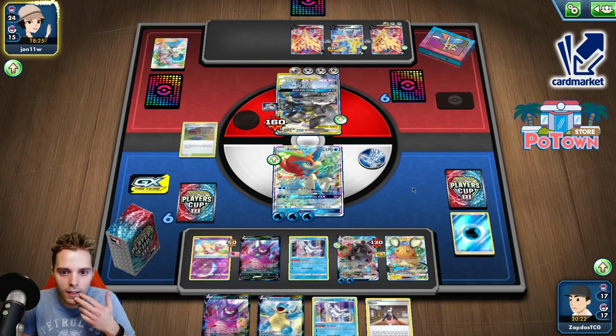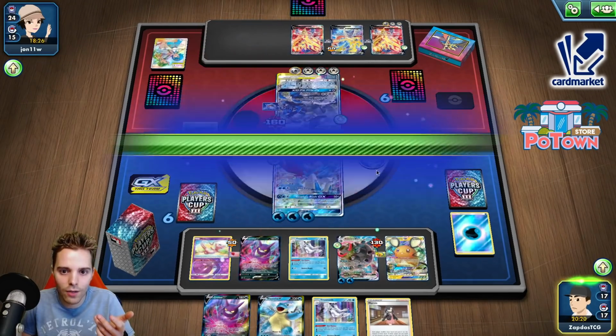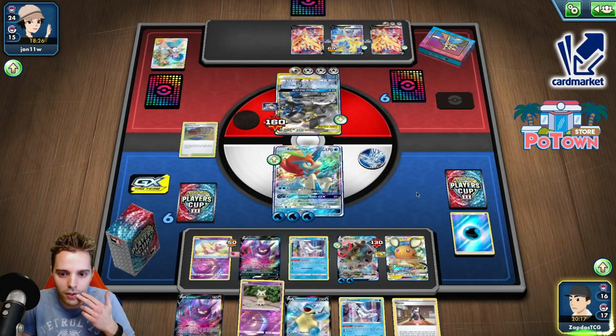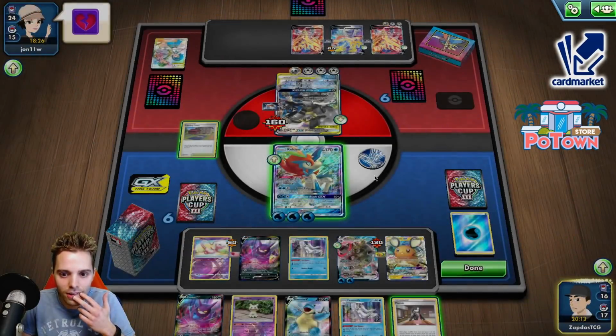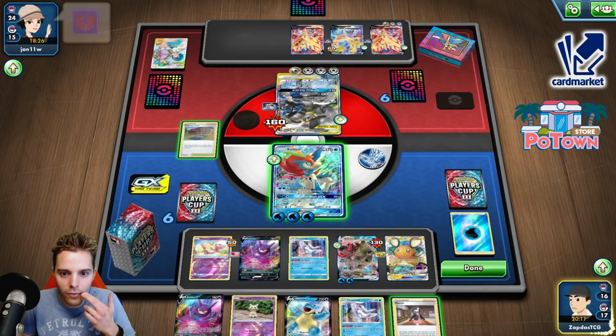He only has 1 card in hand. He's also not taking a prize card here, and we cannot get hit by Lucario Metal, which is pretty damn awesome. Rip, right, I know. I think we protect...